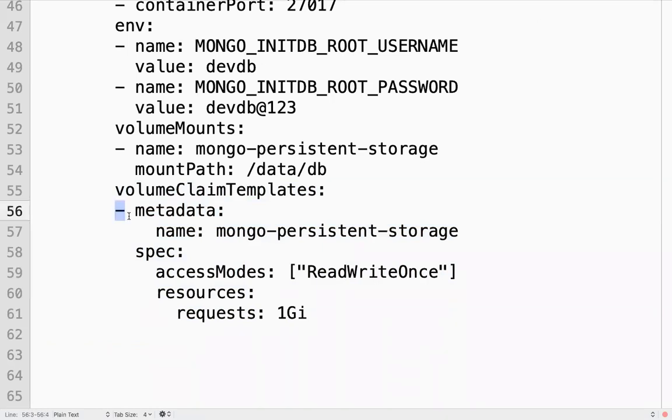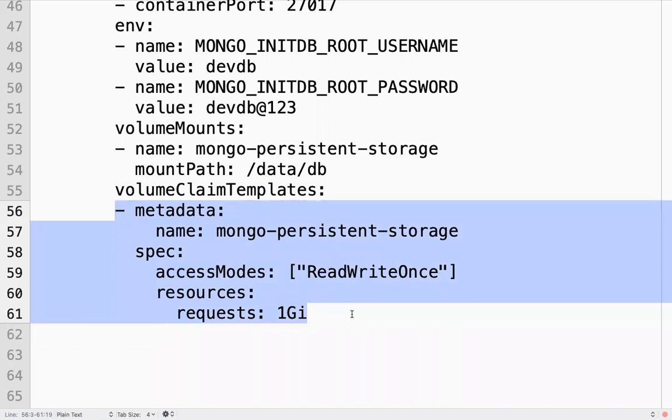With this information, how many persistent volume claims will be created? 3 persistent volume claims.